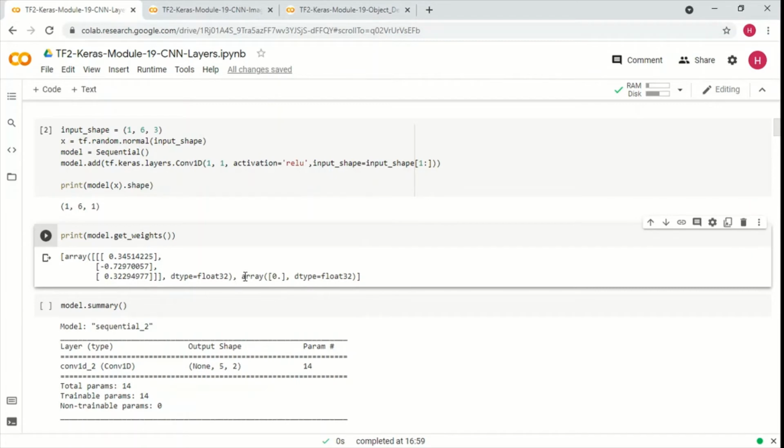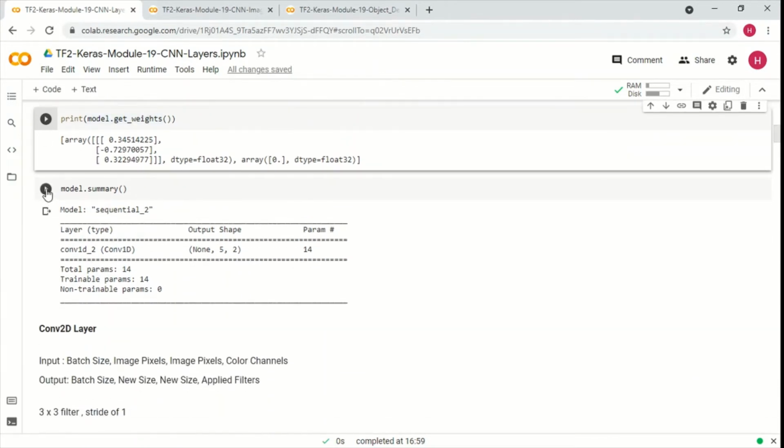Okay, this is a bias. Now why are there 3 values here? Because there's only one filter, so one neuron, and 3 inputs are connecting to it, right? So each connection has a separate weight attached to it.